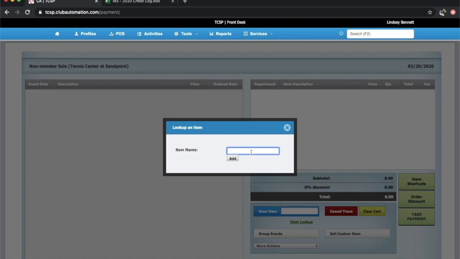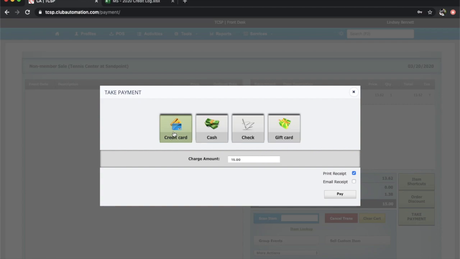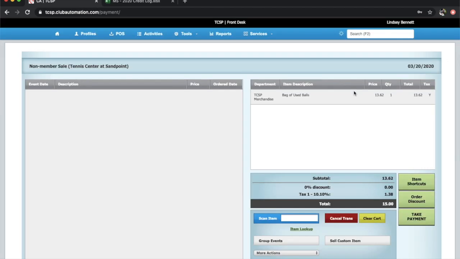The most common guest charge we do is probably a bag of used balls, or a hopper rental. So we'll just type in hopper rental or alternatively bag of used balls, and then we'll click add to get it onto a point where we can actually bill for it. We'll start out by, once it's up here, taking a payment. And then there are a lot of payment options: credit card, cash, a gift card if they have one. We can also print out a receipt for them,